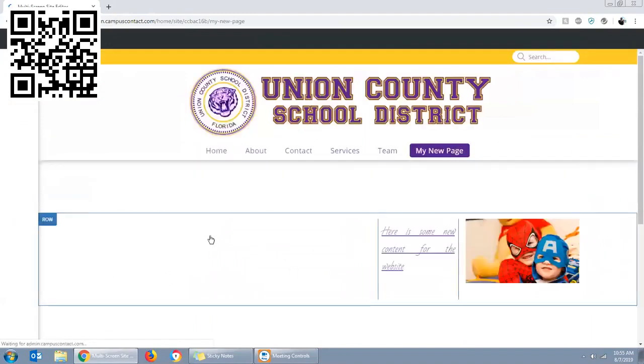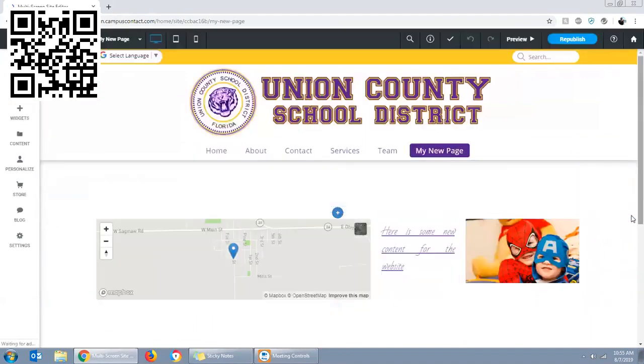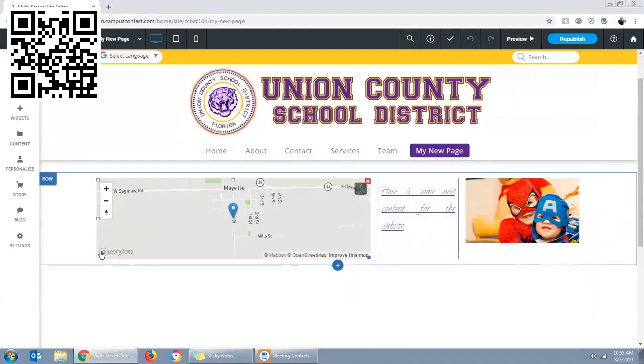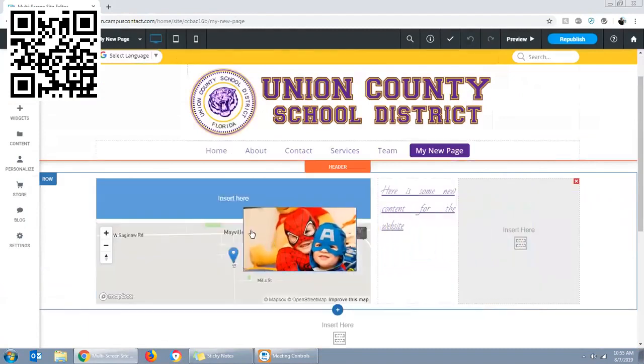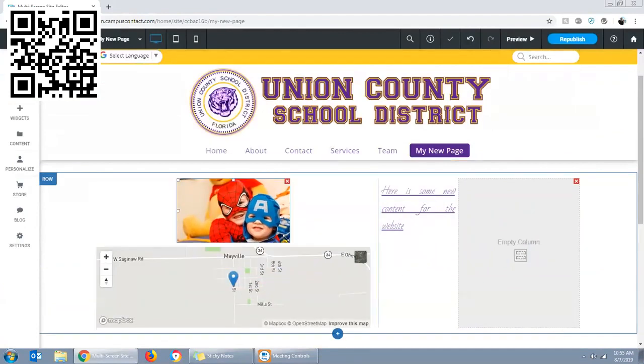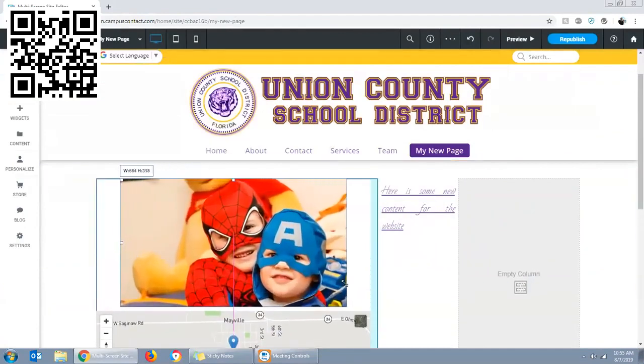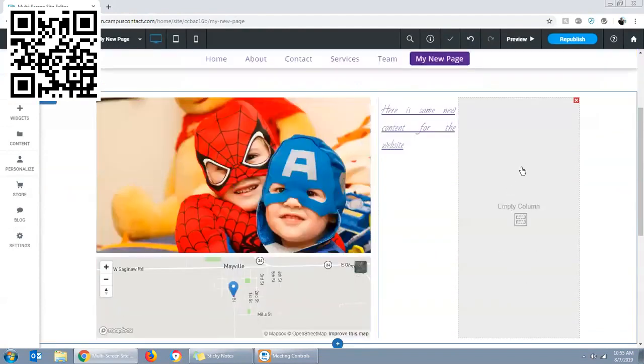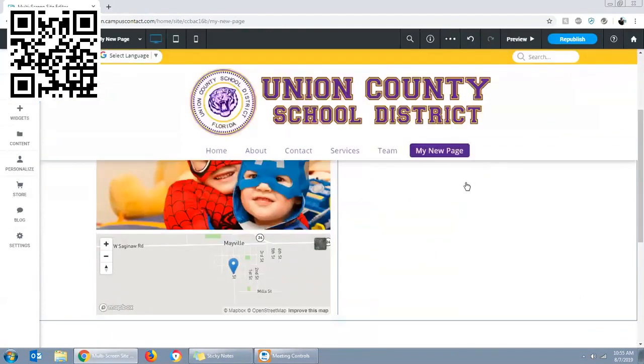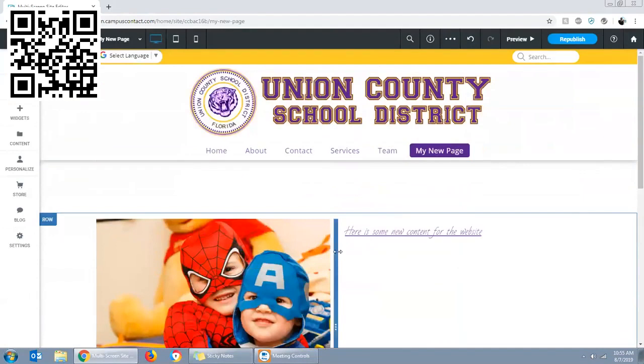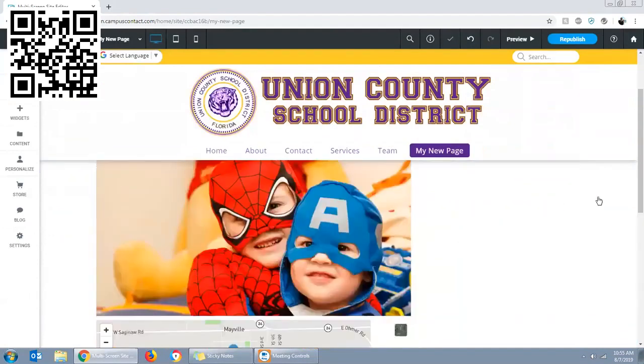I'm going to reload this just because the map doesn't refresh on its own very well. It is the Google map. So now I can resize my map. So it's really nice to know that I can change things around. You can also drag stuff around real easily. So if I want to move my photo over there below or above my map, I can do that. I can drag and drop the size of it. You can get rid of columns completely or add new columns. So moving stuff around is super easy now in the new system,